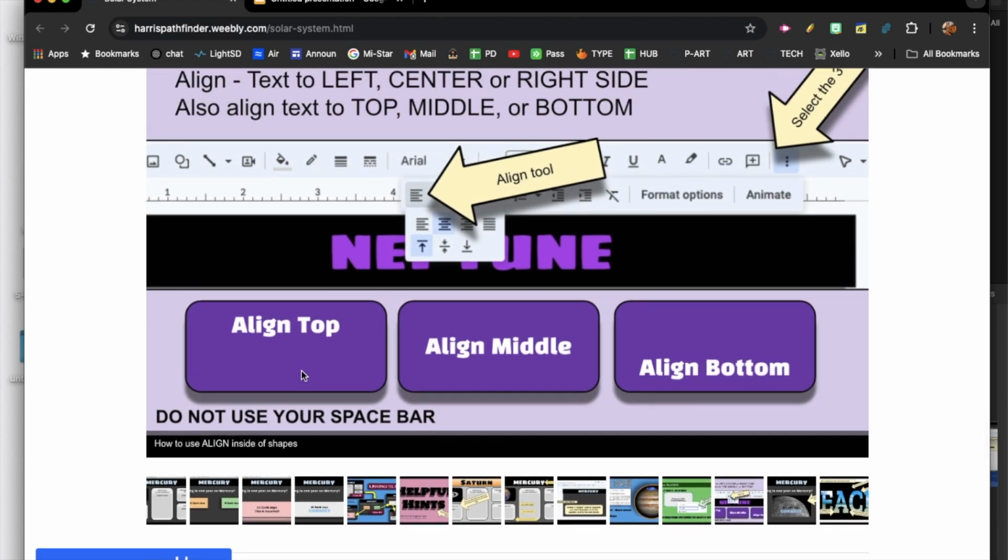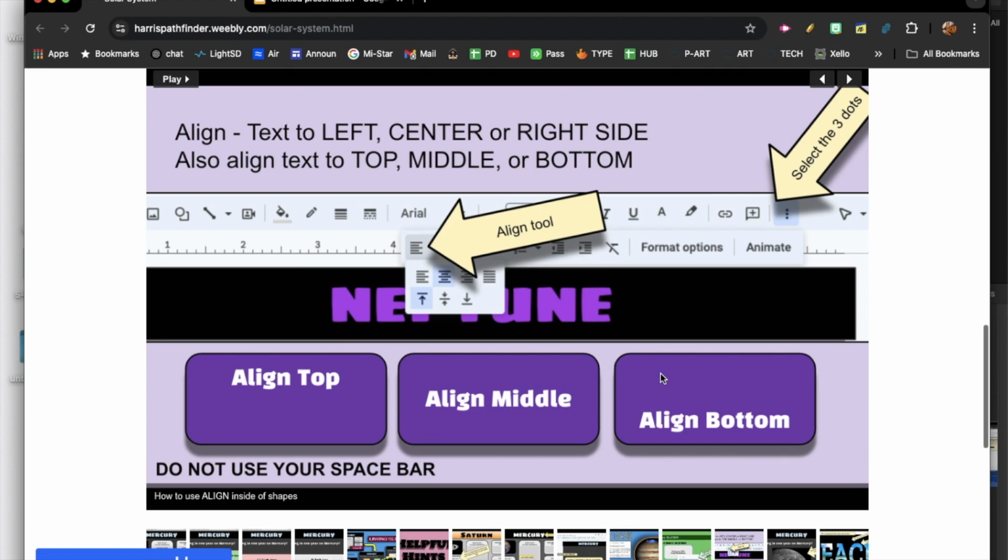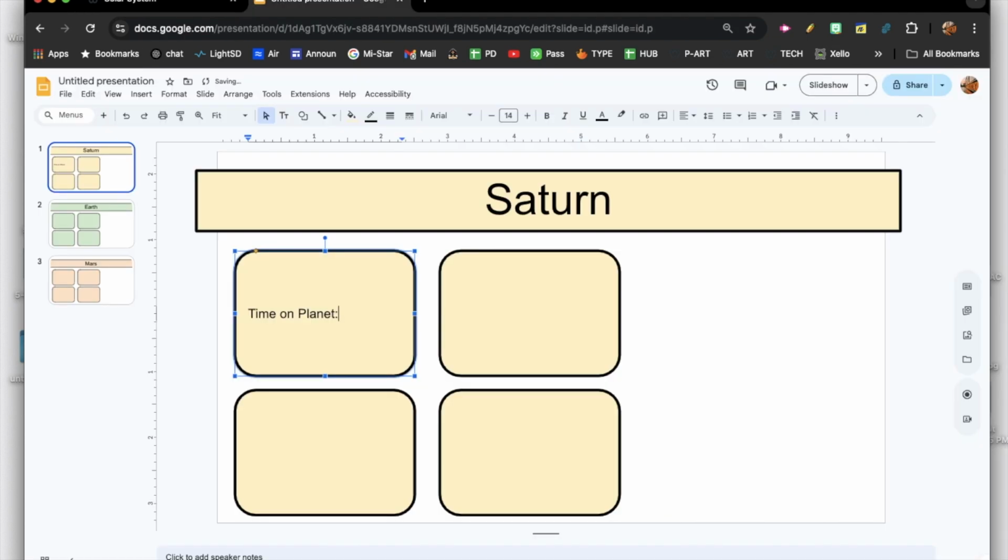Use the align tool, align top, middle, and bottom, okay? Colon, enter, and now I am going to write the answer in there. I'm going to make this up. Time on planet, 88 Earth days equal 1